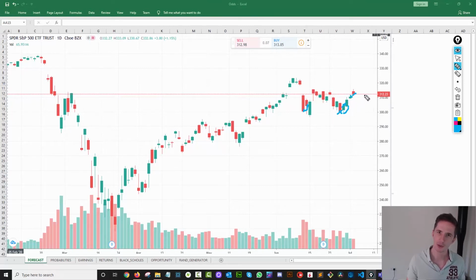Will it be better or worse than that close to close return? I.e., if I take this percentage and apply it on this day, and I'm going to get rid of those now. If I take the percentage gain from here to here and apply it to this day, that would be about this level. Will it be better or worse than this level, this price barrier over here? For example, let's pick another day just to make it clear what we're doing, because it took me a while to get my head around this.